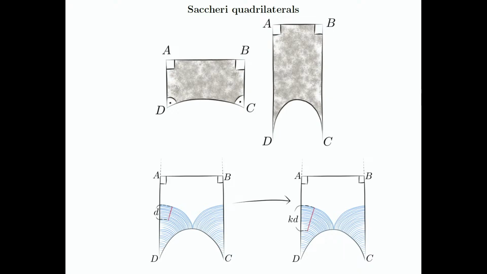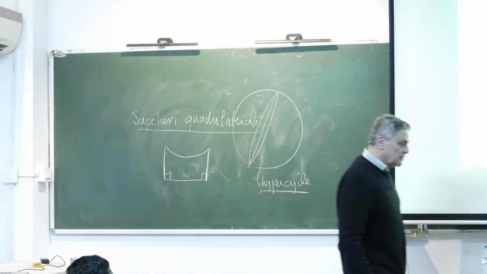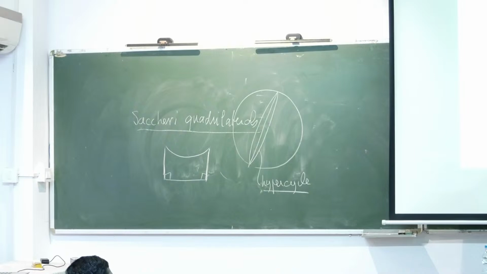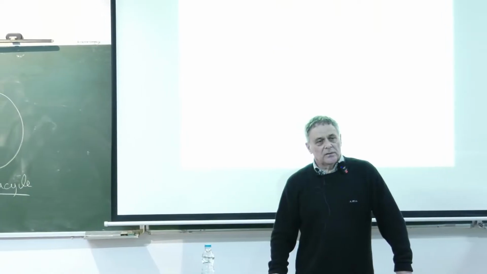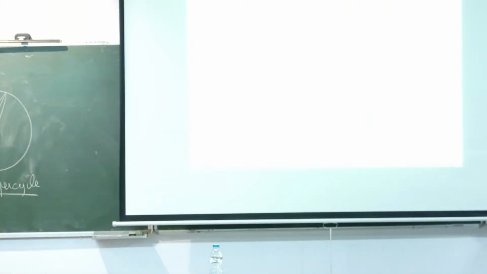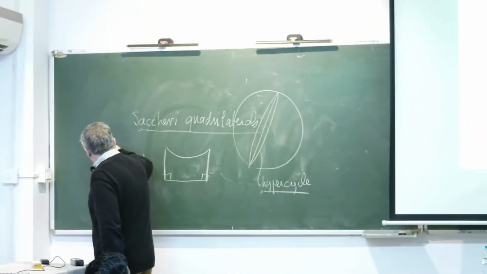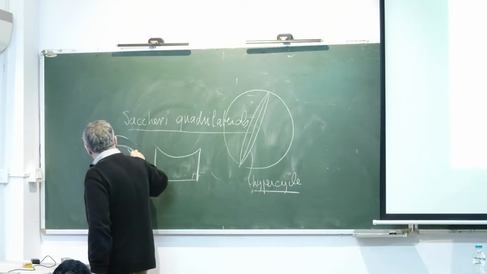So this is a figure with two right angles, and then equal sides here. These sides are equal, so this angle should be... So this is the analog of a rectangle in hyperbolic geometry, or also in spherical geometry. In spherical geometry, a Zachary quadrilateral would be like this. This angle here should be greater than